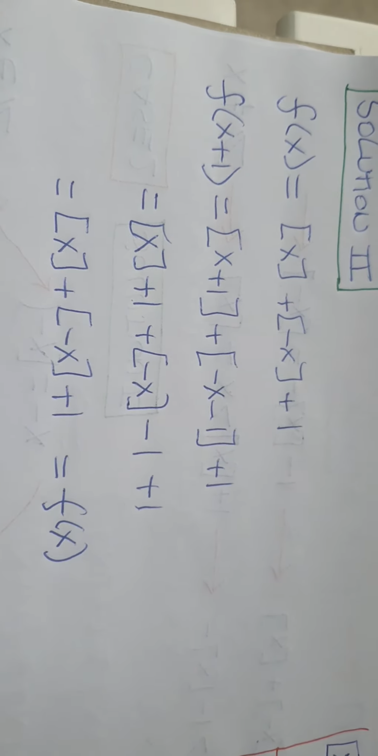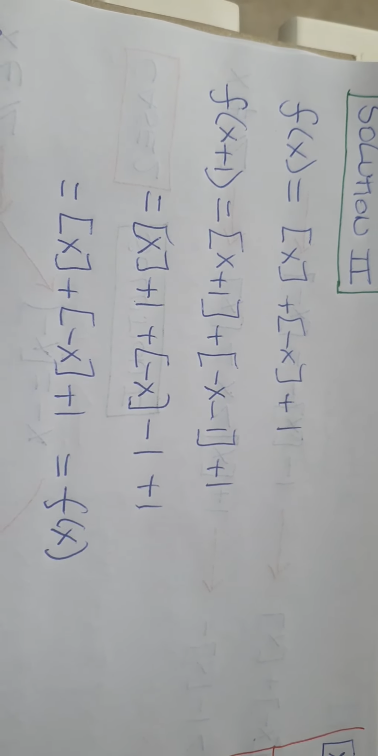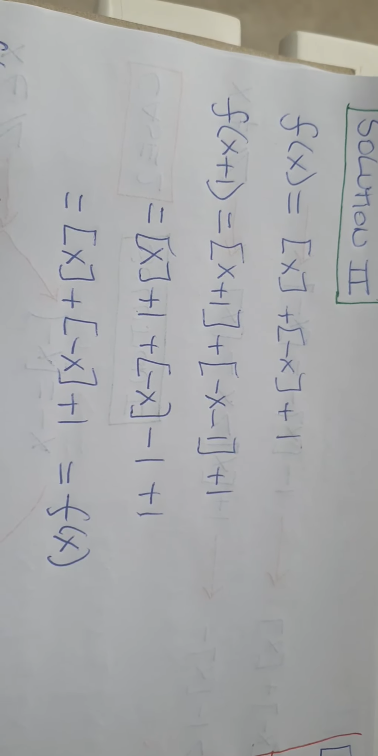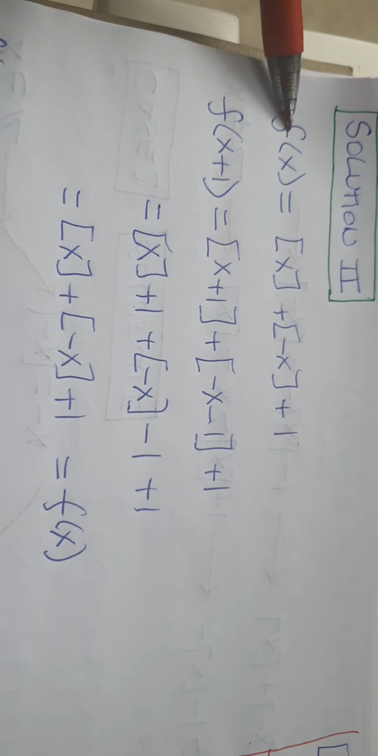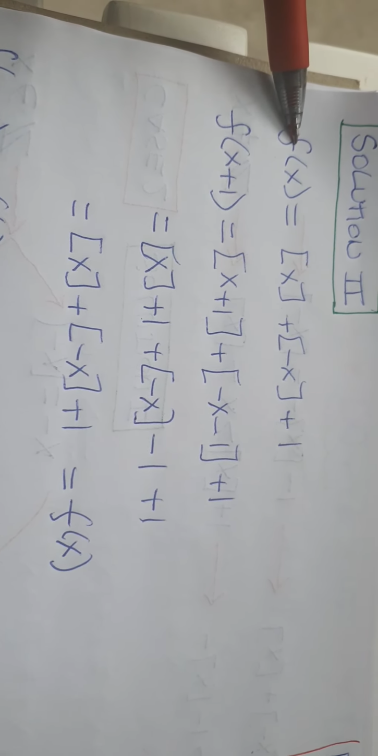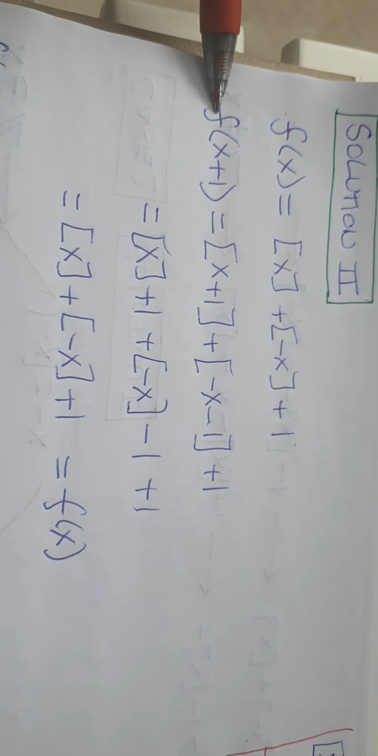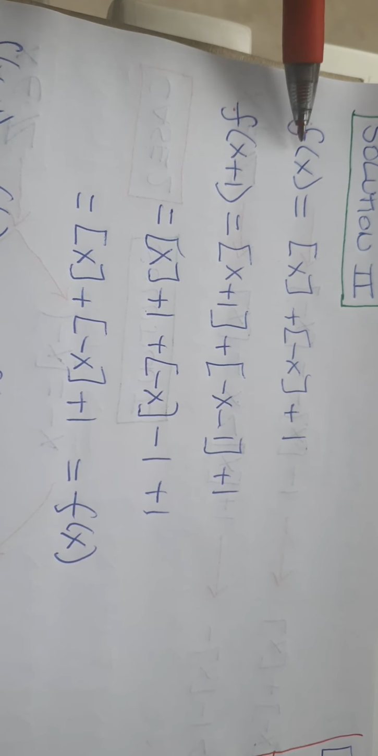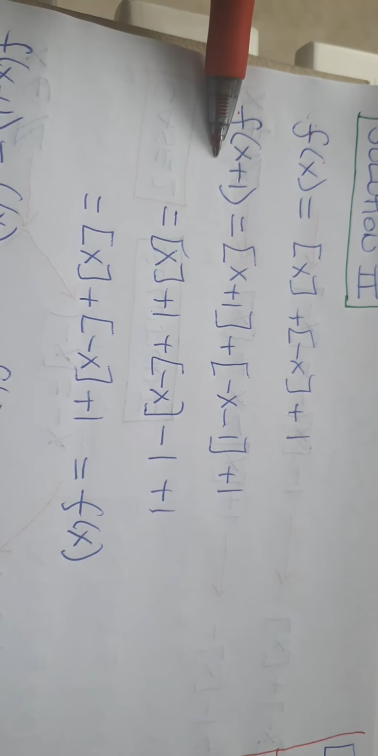And what I'm gonna do here is prove that f of x is 0 for all x that are not integers. So I will show here that f of x is equal to 0 for all x that are not integers. And to do this, I will first try to find out what f of x plus 1 gives. So now by changing x to x plus 1, I get,